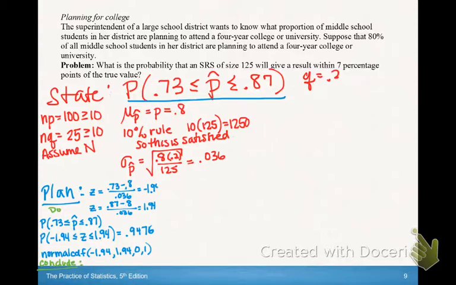So what we can conclude from this is about 94.76% of all simple random samples of size 125 will give a sample proportion